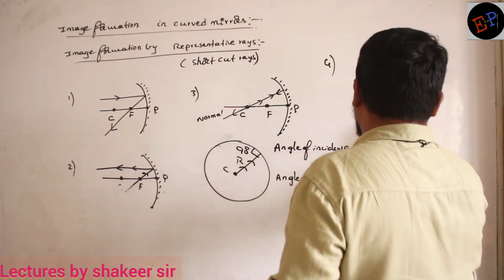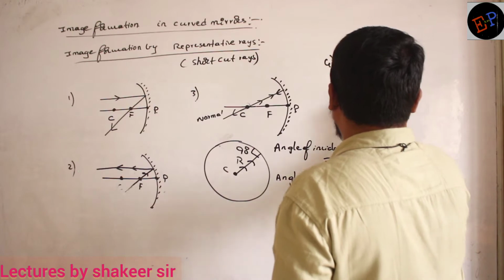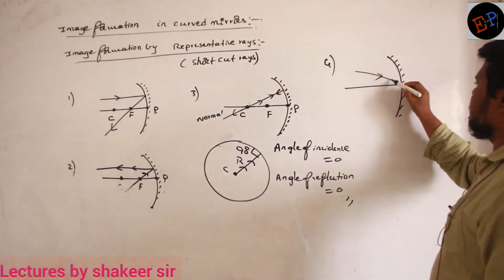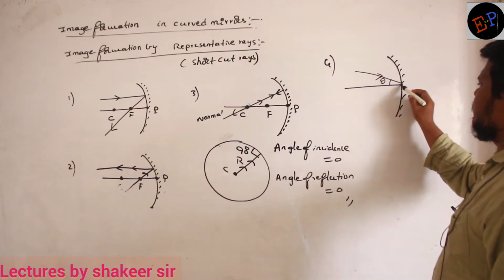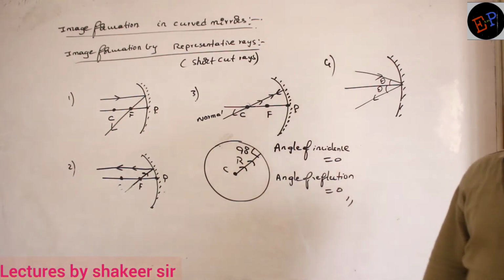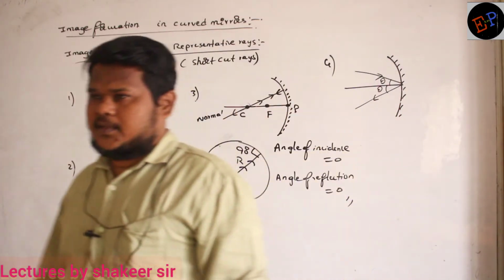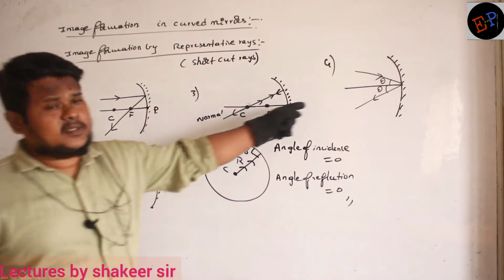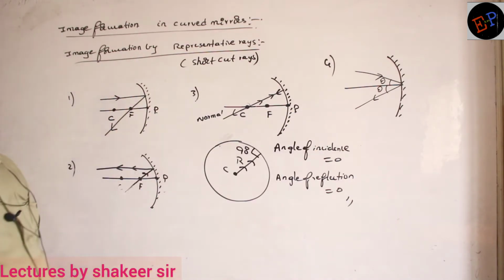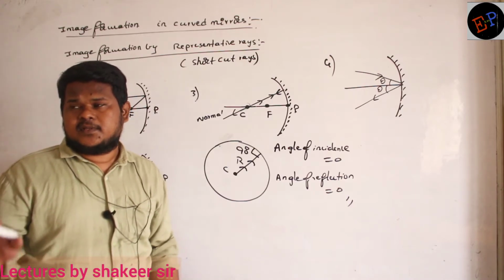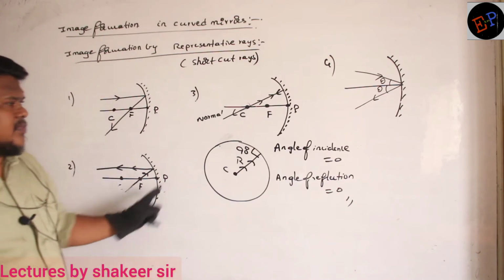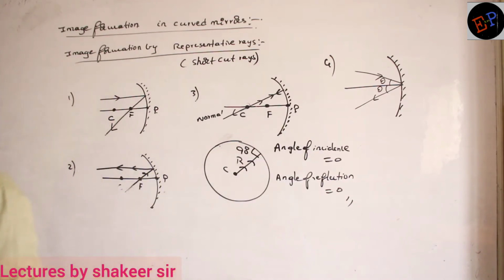See, a light ray passing at an angle to the mirror. For example, this angle made is angle theta. Then after reflection it should also make the same angle theta, because again angle of incidence and angle of reflection should be equal. Okay? So this is ray number 4. So by using these rays, I can construct the position of the image if I know the position of the object. Clear? So ray number 1, ray number 2, ray number 3 and ray number 4.